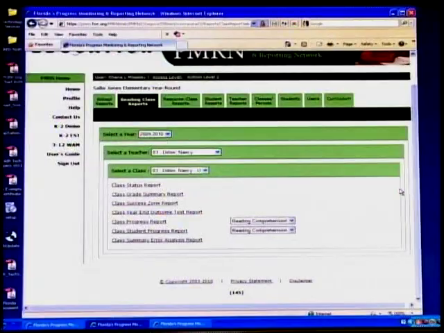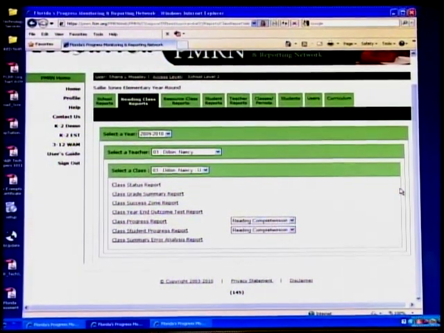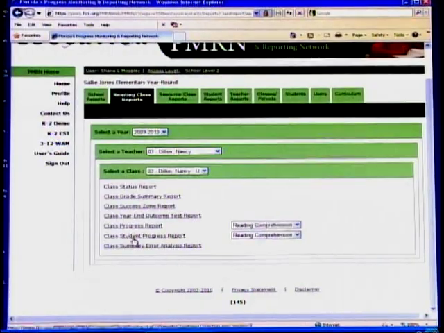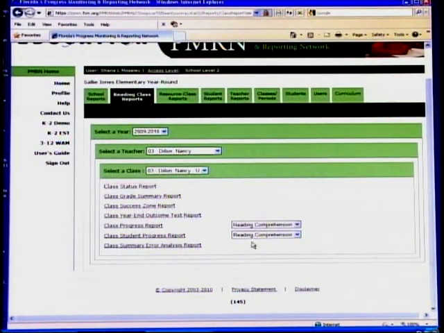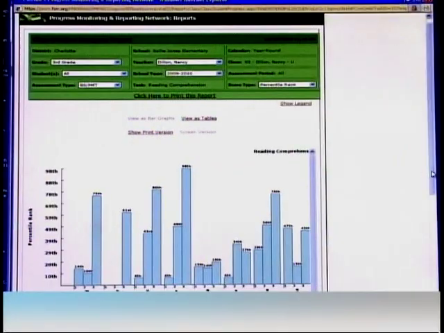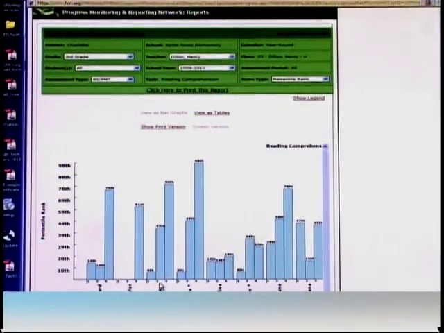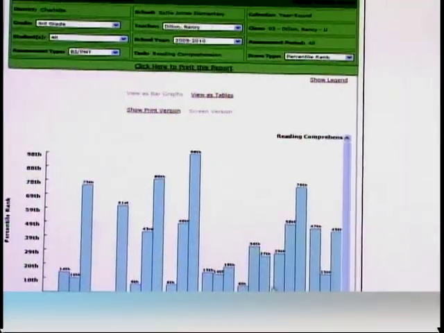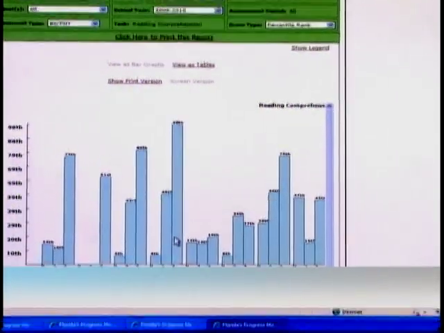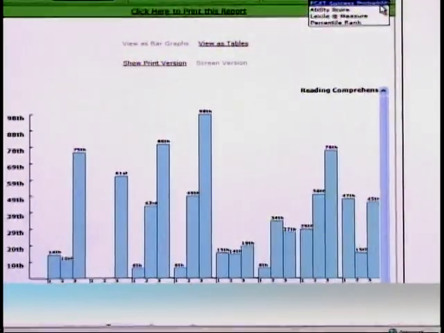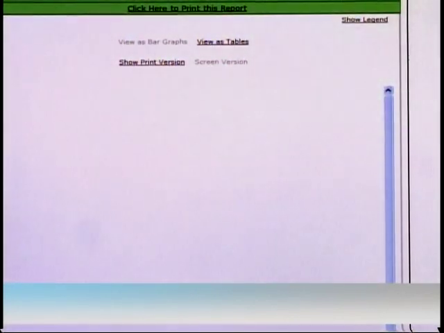I'd also like to mention a report that not many teachers are aware of that will show the students' progress over time, over the 3 different assessment periods. For example, if I click on the class student progress report and want to find out about reading comprehension, I will have a series of bar graphs that show the students' gains over assessment periods 1, 2, and 3. This particular one shows the gains in percentile rank, but I can change it to the student's ability score,